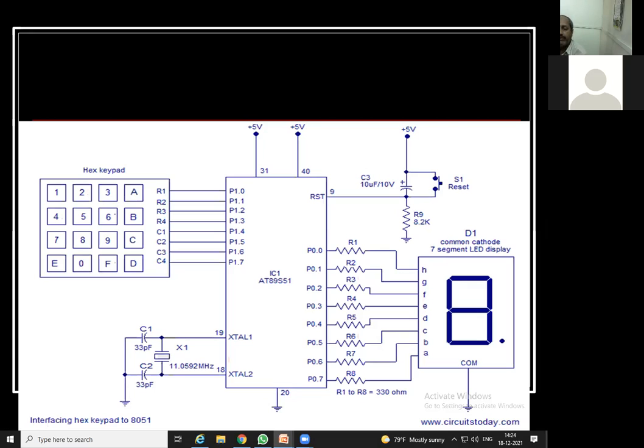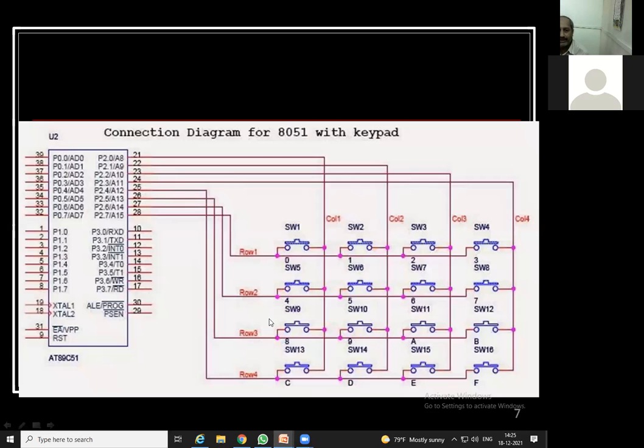And if you are having a simulation, there also you are supposed to take a few blocks: one block for the hex keypad, one for the 7 segment, one block for all this, and the registers are also available there. We will see that in the Proteus software, and in one session we will definitely go through it. But right now we just have to know: when we press 1, how does it come to know that key 1 is pressed through these lines? What logic is being used behind that?